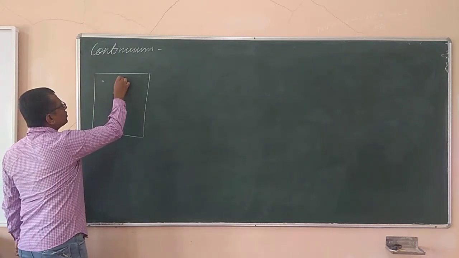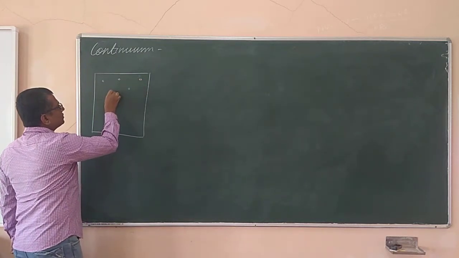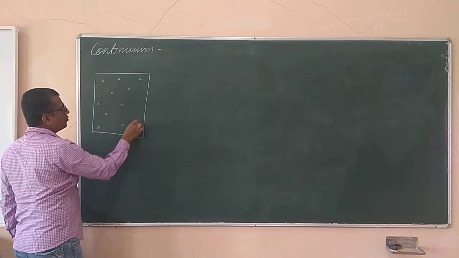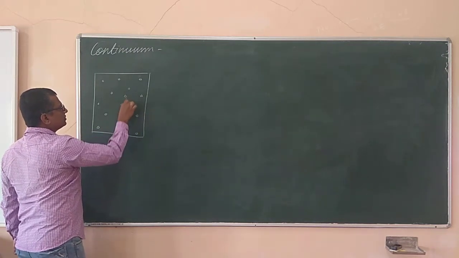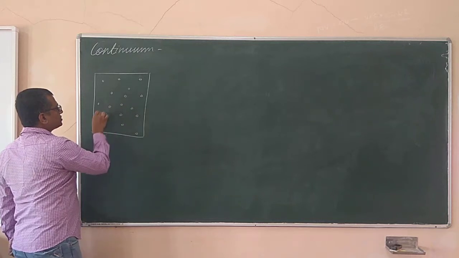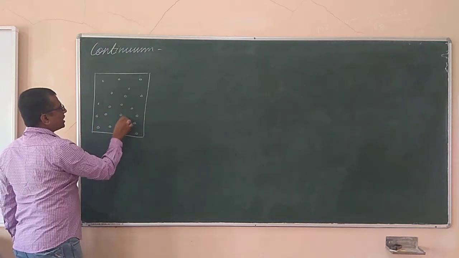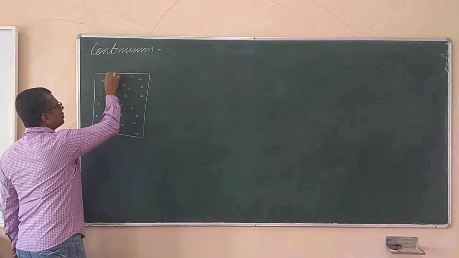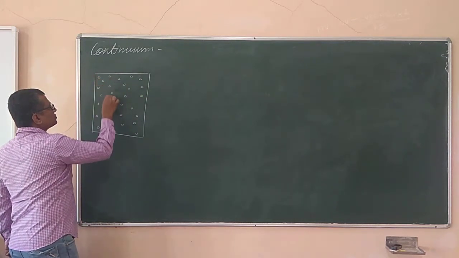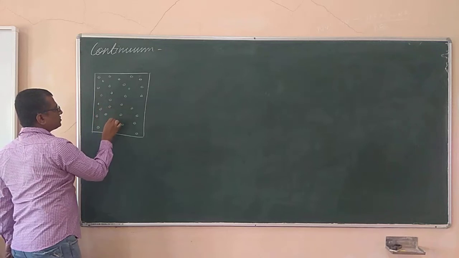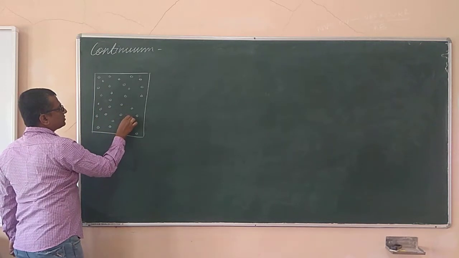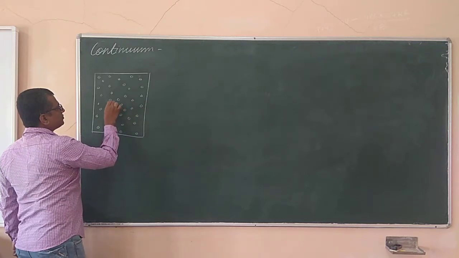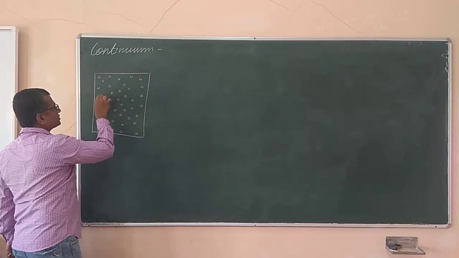So here are the air molecules, which are randomly placed and randomly moving from here to there with any random velocity and in any direction. There is no control over these molecules. So the velocity of these molecules is decided by the temperature. The number density of these molecules is decided by the pressure.